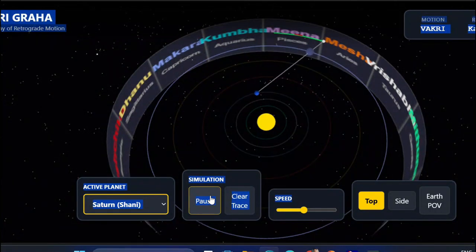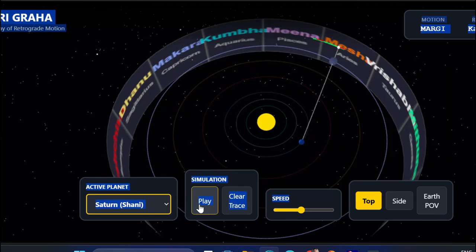Now it has crossed, but it is again coming back, becoming retrograde. Now it has gone to another Rashi, Mesh. So you understood that within the same Rashi itself, because Saturn is very slow planet, it is getting retrograde more